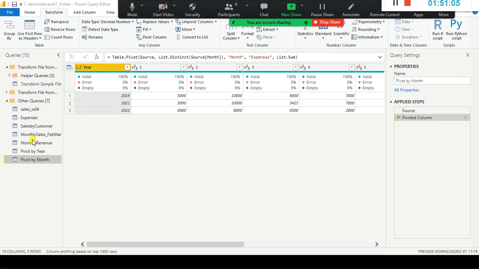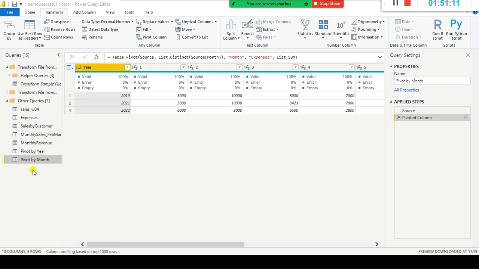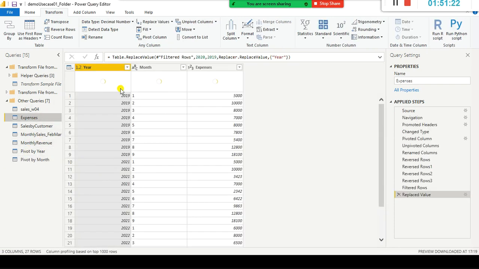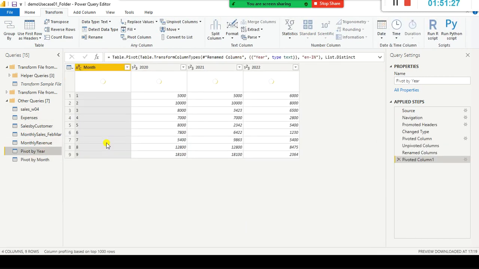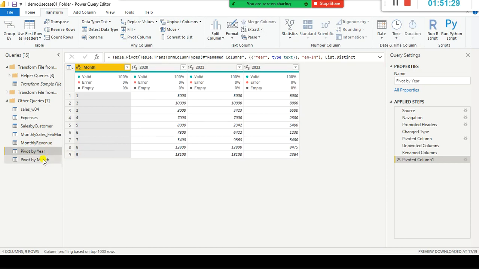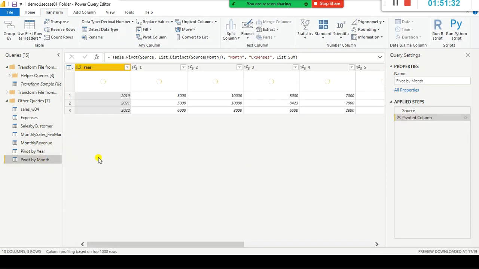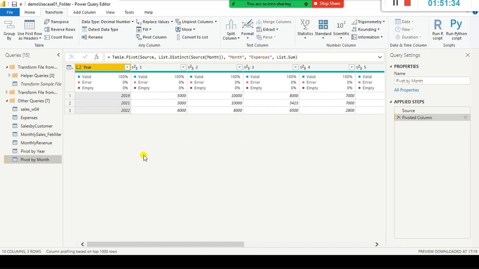So now we understood what a duplicate is and the difference between duplicate and reference. These are basic things you need to understand, because in real-time scenarios we'll be creating multiple ones. Sometimes you might make changes here and be under the impression that this one also got changed. It will not get changed, but the referenced query will get reflected.